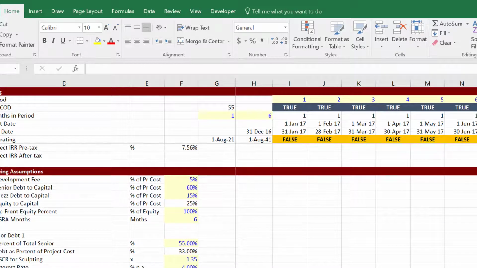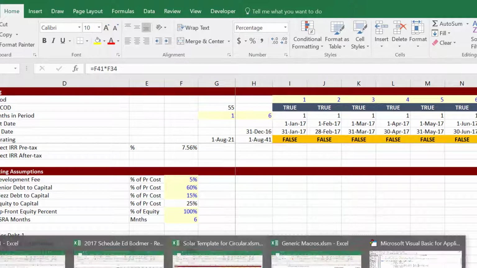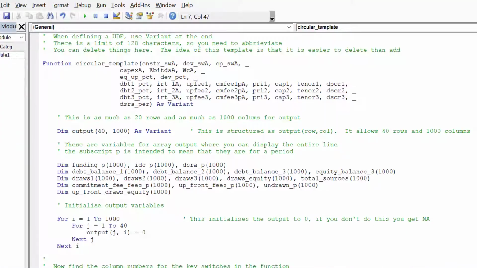I hope I'm not really going as a percentage of the cost. We had to define all of these. All right,